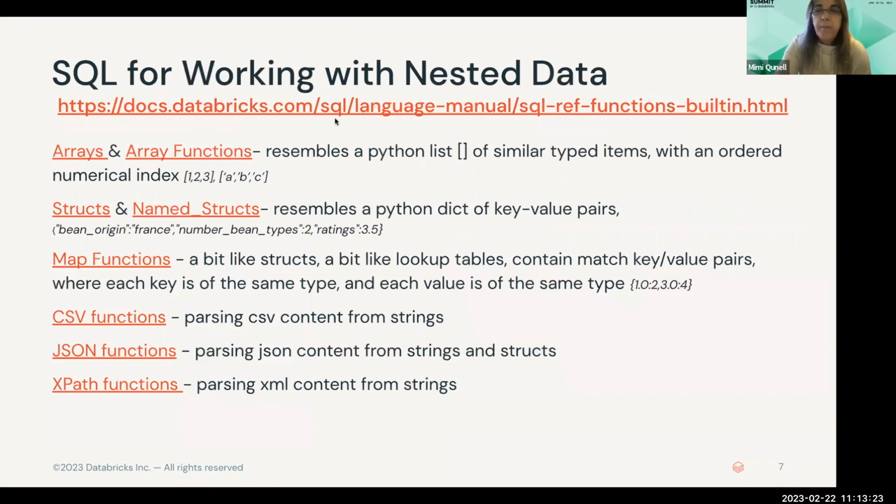Okay. So the best place to start is to go to the docs. I know people don't like to go to the docs, but every time I read this document, I learn something new. I was reading it yesterday and discovered that we have native CSV functions, which will parse CSV from strings. I didn't know that was there. I had a customer last week ask me about how to parse XML documents or XML strings out of a column, and I suggested something to him, and I didn't realize that we now have XPath functions. So let's jump to